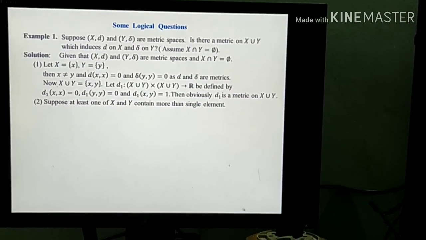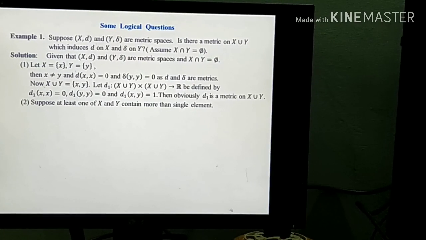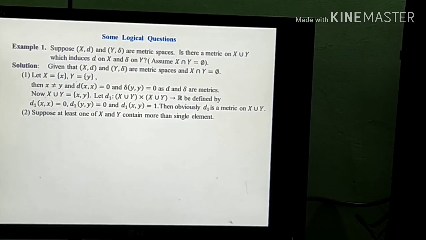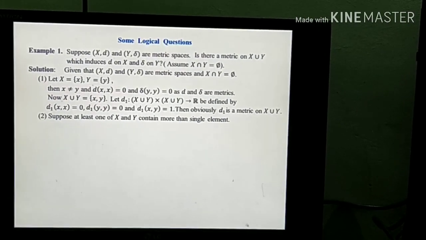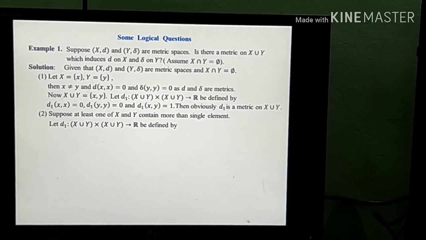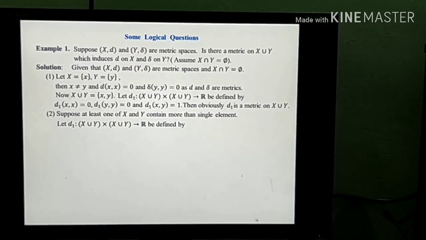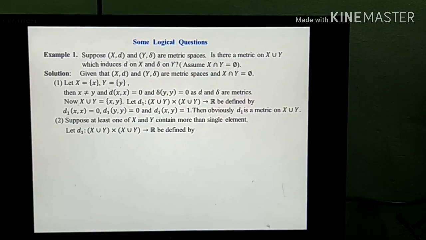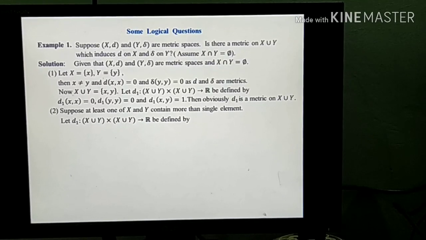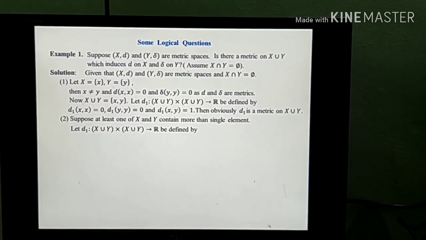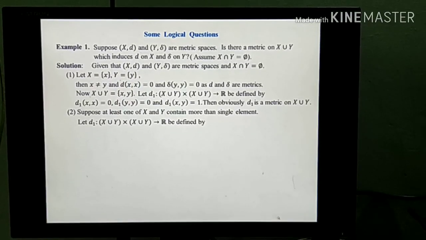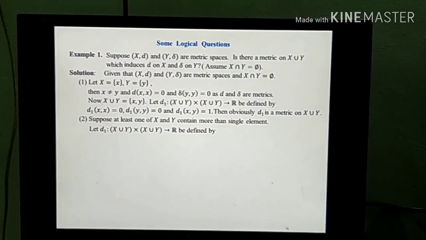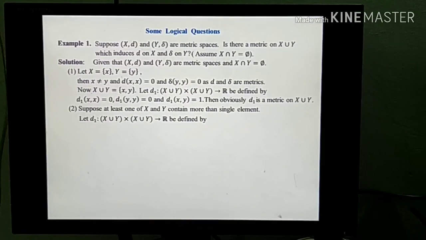Suppose at least one of X and Y contains more than one element. Then it is very tricky to verify whether there is a metric on X union Y or not. See, here we have to use the same but edited metric, as in the first case,